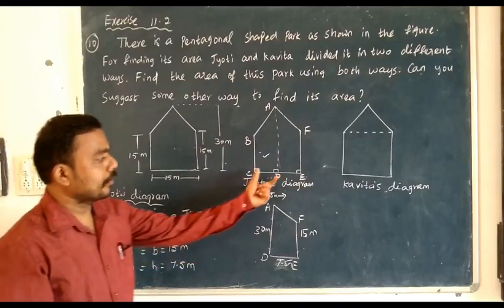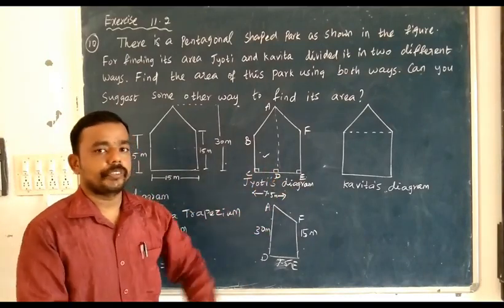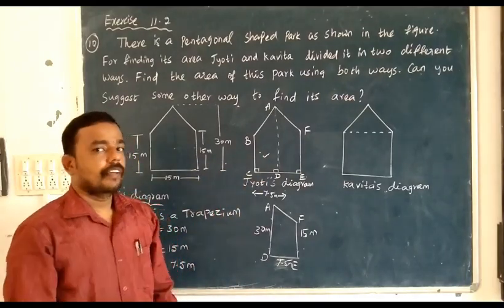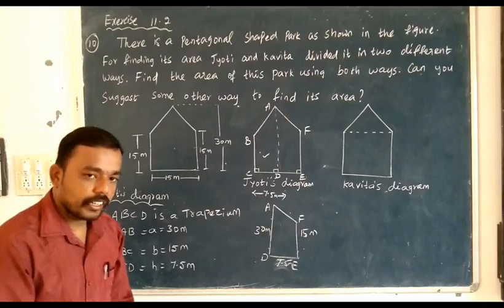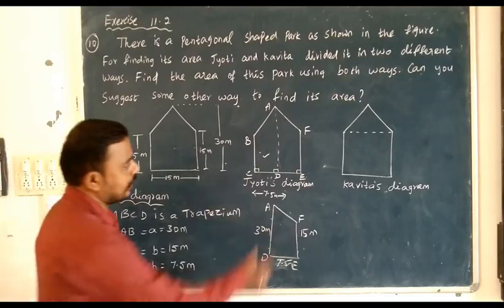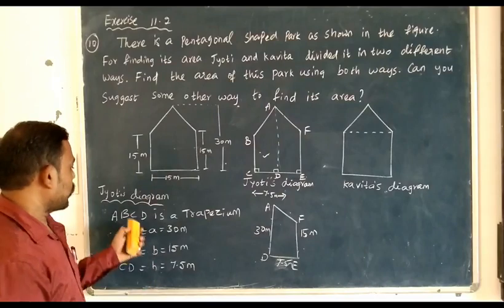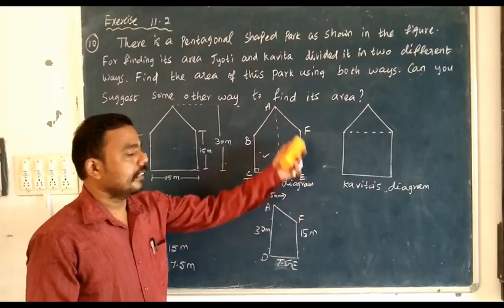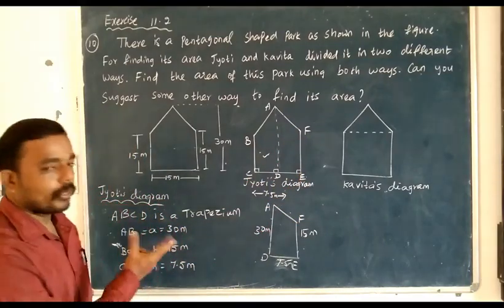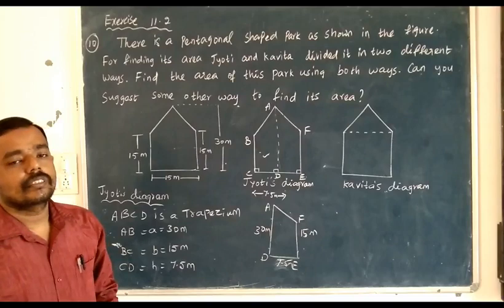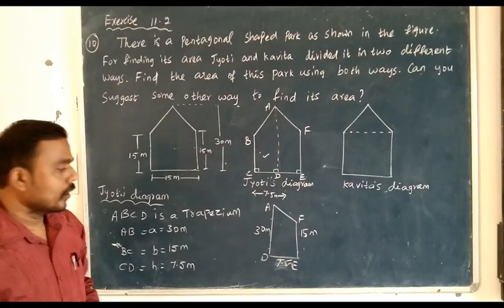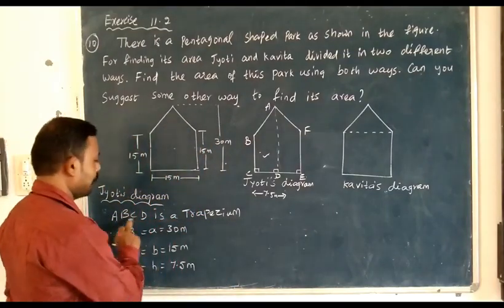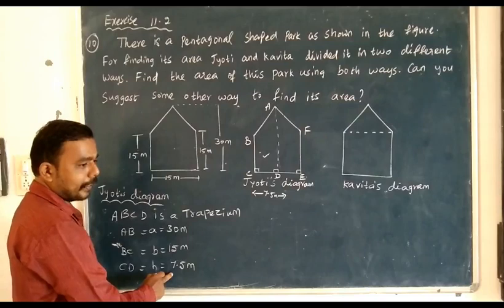So the area of Jyoti's diagram equals 2 times the area of these two trapeziums. Or separately the trapezium answer also we can find. By using this also I can give an answer. So here a single thing is given. So ABCD is a trapezium. Similarly, ADEF is also a trapezium. So both are equal. Finally, I can write 2 into the area of trapezium. So both data are equal, and ABCD is a trapezium. We need to find this area.